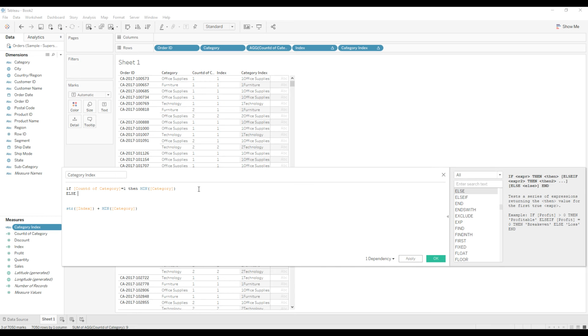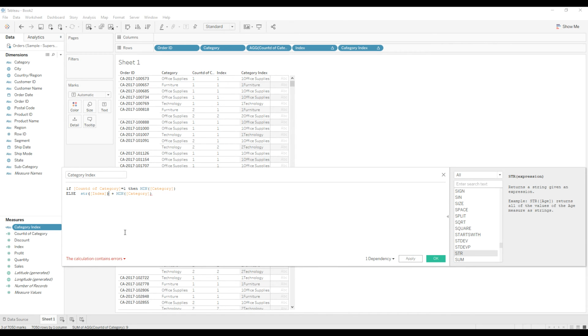Else return str of index. I'll just add a full stop. Click OK.